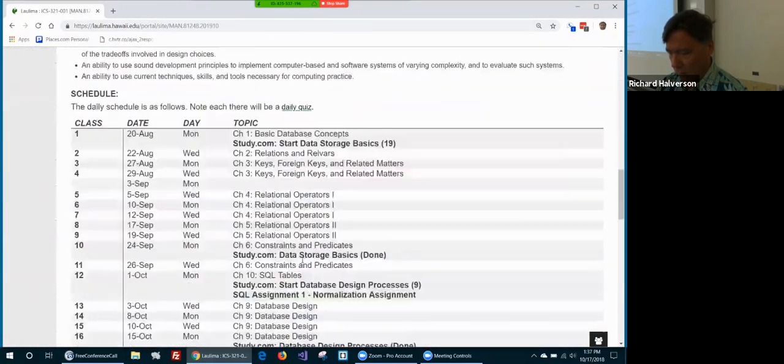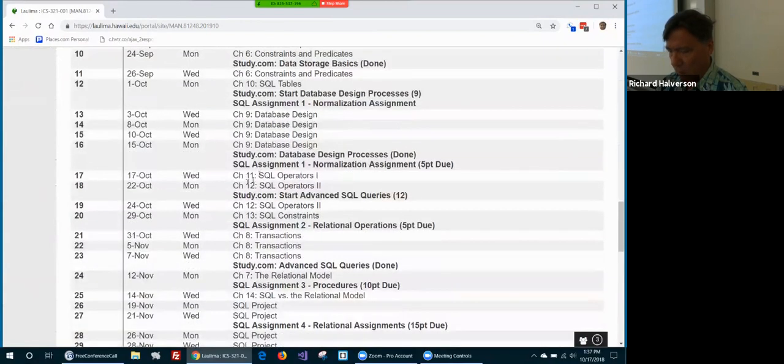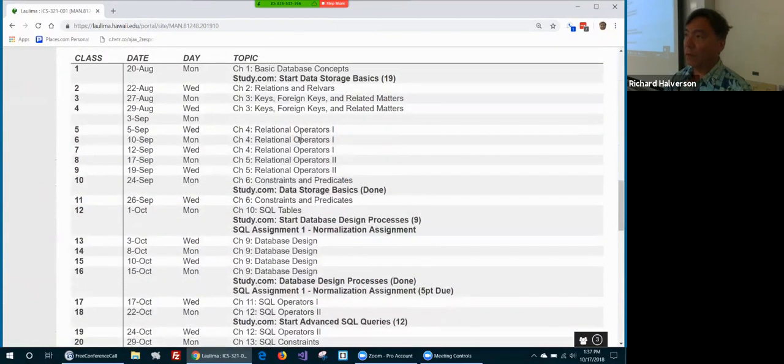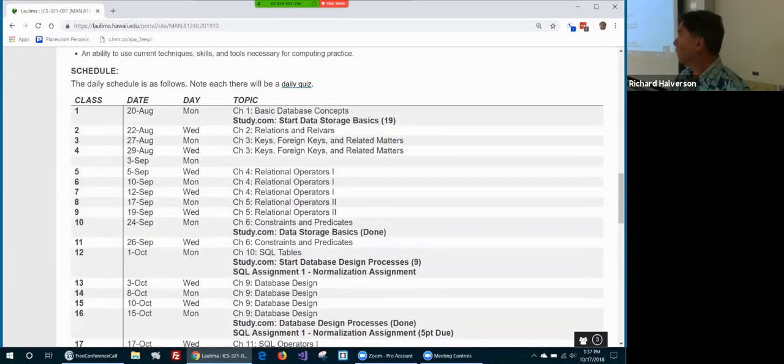We're starting SQL operators, and that really is a lot of taking what we learned in chapter 4 and 5 and writing SQL equivalent expressions to do that. And we've already done some of that, and we can do more. But I think I'd rather just sprinkle it in with other stuff because it was